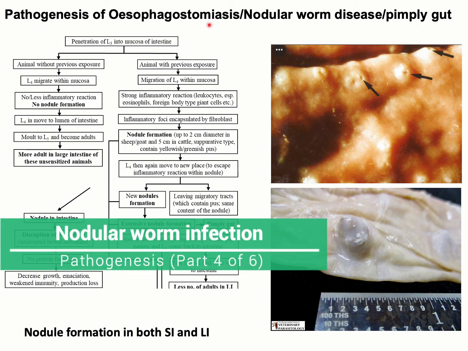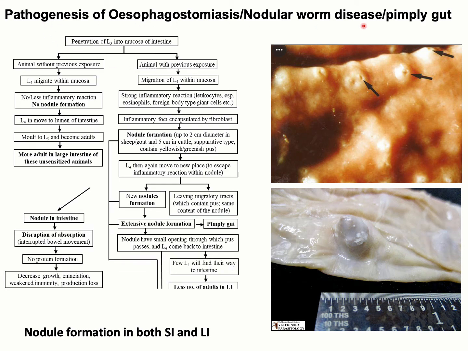Pathogenesis of Oesophagostomiasis or nodular worm disease in animals. So if anybody asks you what's the pathogenic significance of Oesophagostomiasis or nodular worm disease in animals, you could say there is nodule formation. In extensive cases, there will be extensive nodule formation in the wall of the intestine, which